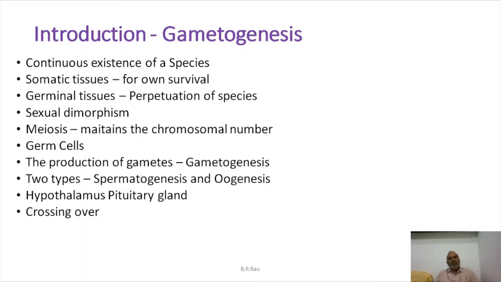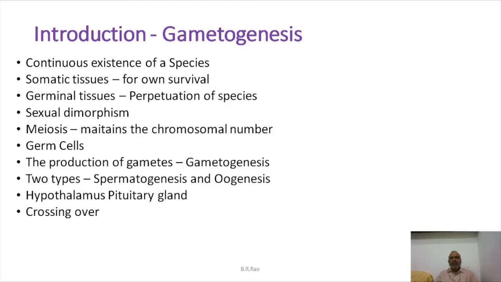And you know very well that the entire process of this kind of reproduction, the events in sexual reproduction, are regulated by certain chemical messengers. They are called hormones. The hormones that are secreted from our hypothalamus regulate the pituitary. In turn, pituitary regulates gonads. So the entire process of sexual reproduction is under the control of our hypothalamus with the help of certain chemical messengers. And what is very important